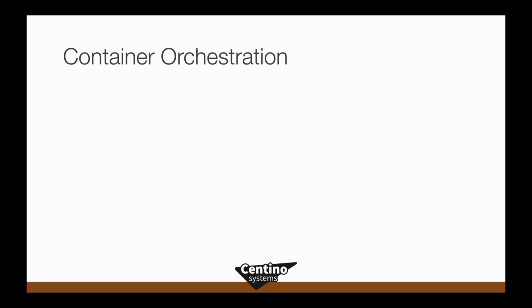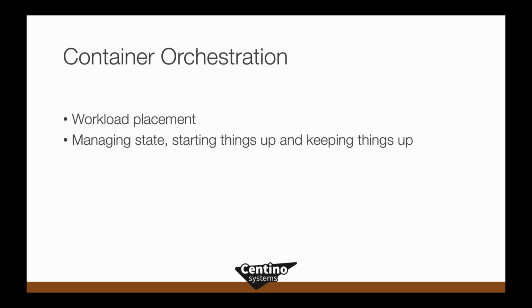So container orchestration. Now, we have some questions that we have to ask ourselves when we want to run containers in the enterprise. Primarily, where do we want to run those containers in our data center? And that's one of the primary features that container orchestrators provide, right? They do workload placement on the physical systems or the virtual machines that we need to stand up our containers on. Conceptually, what a container orchestrator does is manage state. What that means is it has the job of starting up your containers and making sure that they stay up. It also provides entry points into your applications and load balancing of services.